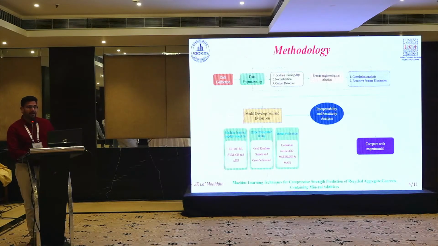After that, the parameters are to be tuned by using different techniques, namely grid search, random search, and cross validation to find the optimal, best fitting parameters. Then we have to evaluate the model by using the evaluation metrics R square, root mean square error, and mean absolute error. Then we have to interpret the analysis by using the SHAP analysis, how each input feature